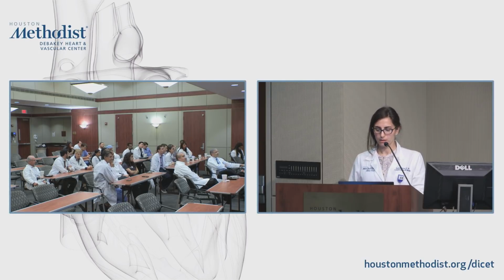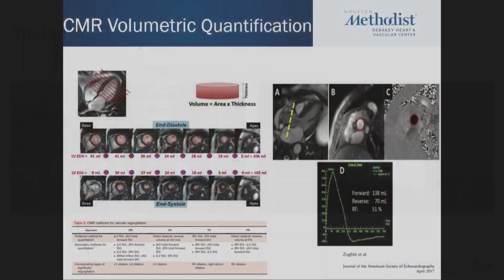Yep. All right. This is just a basic overview of how we use CMR for volumetric quantification. We do short axis slices through the ventricles. We define end systole and end diastole. We know the area and the thickness of each slice to calculate the volume. Based on the difference in volume between end diastole and end systole, we define a stroke volume. Then we prescribe a slice through the velocity encoding phase sequences to define the amount of flow through whichever valve or structure we want. So in this case,